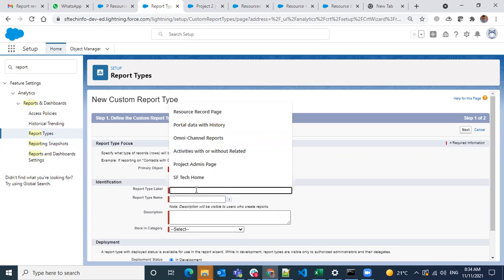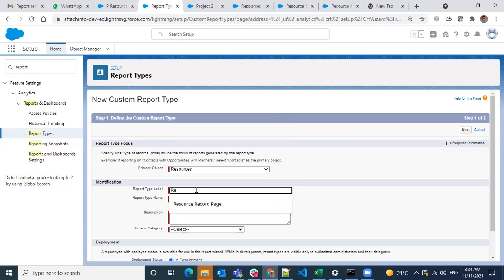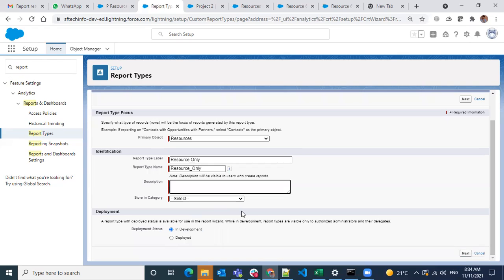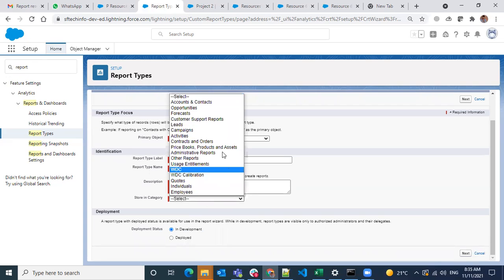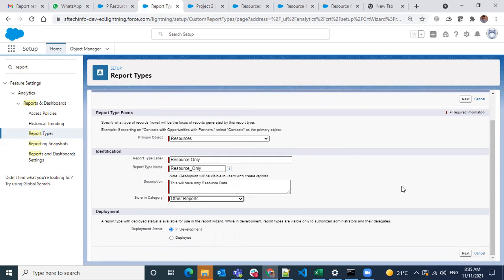Report type label: resource only. Description: this will have only resource data. And category: you can use any of the standard objects this belongs to, then you can choose those objects and use them in other reports.